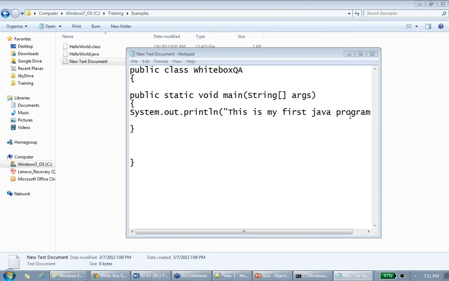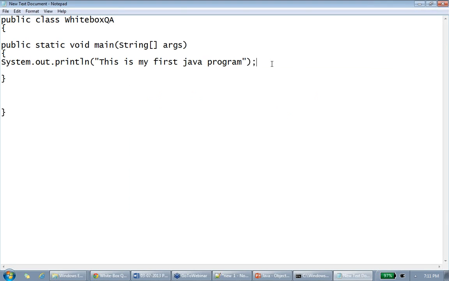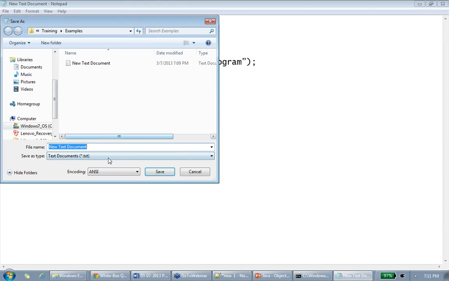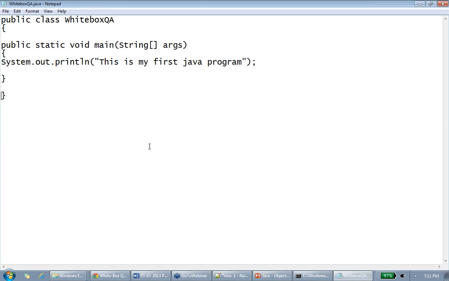And write, this is my first Java program. Okay. And do File, Save As, and let's say WhiteboxQA, same, W should be capital, QA should be capital, and let's say All Files, dot java. Okay,